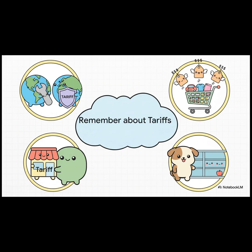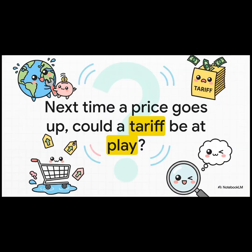And finally, and this is a big one, while they might be designed to protect jobs in one industry, they can often end up hurting jobs in another that depends on imported parts. It is a really complex, really powerful tool that shapes our whole world. And that's what I want to leave you with. The next time you see a headline screaming about a trade dispute, or you just notice that the price of something you always buy has suddenly jumped, ask yourself,